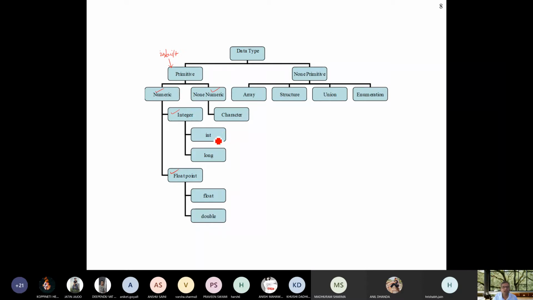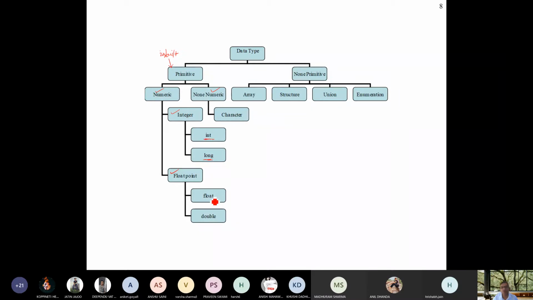To declare integer, int is a keyword, and if you want a double, meaning just the size of this integer multiplied by 2, then long is there. Suppose integer is 4 byte, then long is 8 byte. So the range may vary from long to integer. So these are two different types.